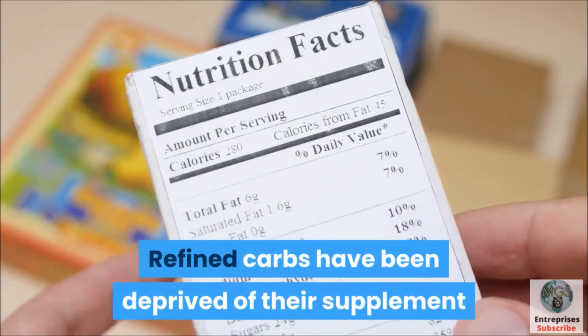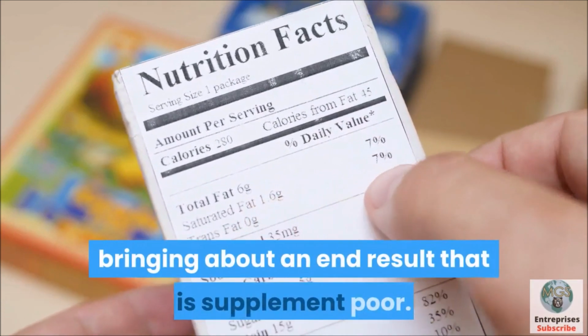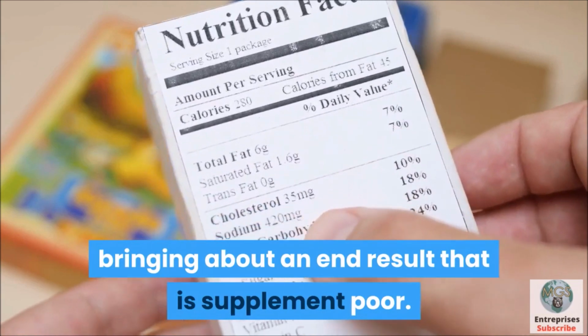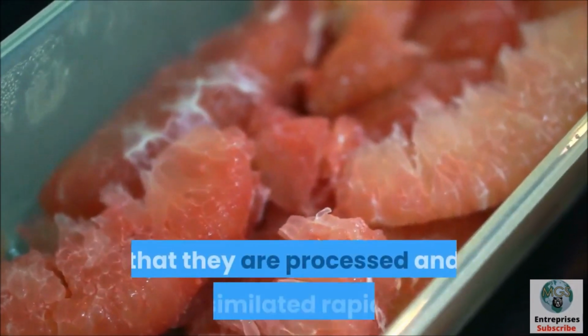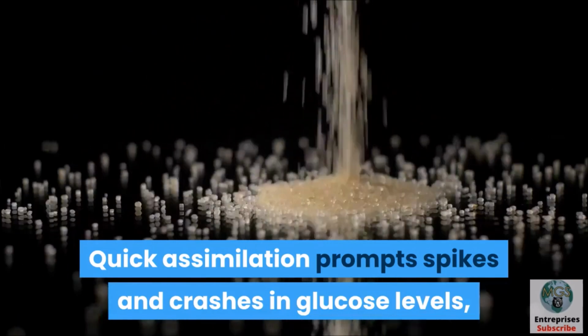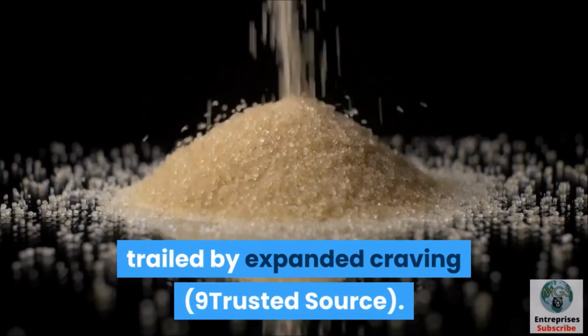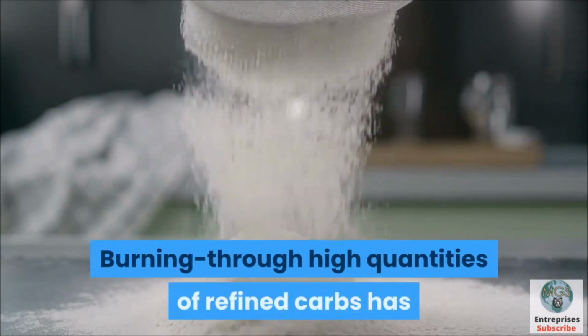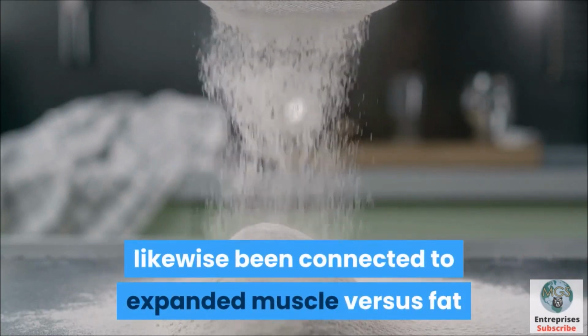Refined carbs have been deprived of their supplement and fiber content during preparing, bringing about an end result that is supplement poor. Also, they regularly have a high glycemic list, which implies that they are processed and assimilated rapidly. Quick assimilation prompts spikes and crashes in glucose levels, trailed by expanded craving. Burning through high quantities of refined carbs has likewise been connected to expanded muscle versus fat and